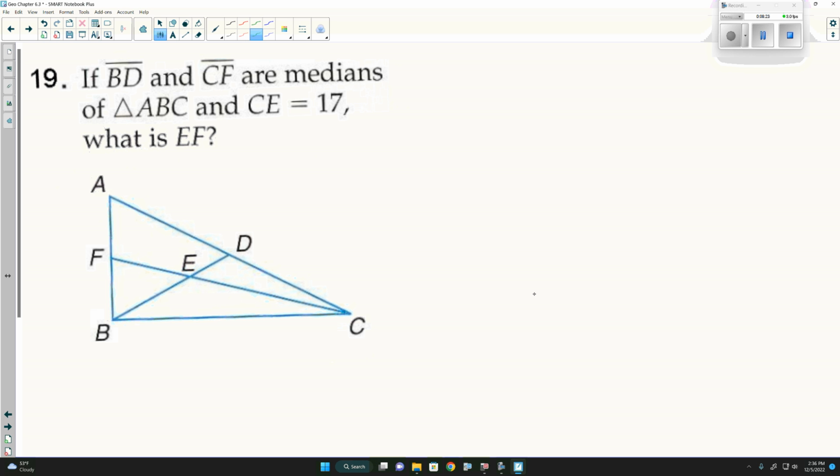If BD and CF are medians, so medians just means it's connecting the midpoint to the vertex. So that means that the point where they intersect is a centroid. Even though we don't have 3, it's still a centroid. Point E is the centroid. CE is 17. What is EF? So it's 17 over 2, which is telling us EF is,